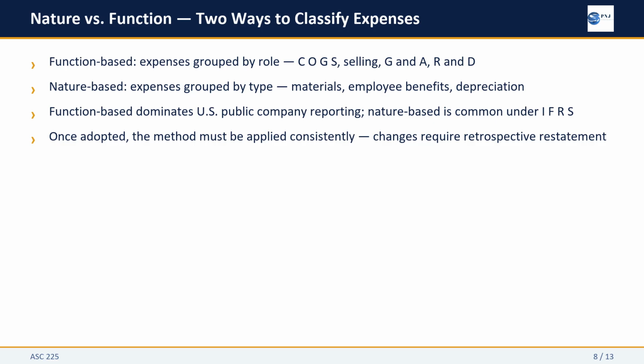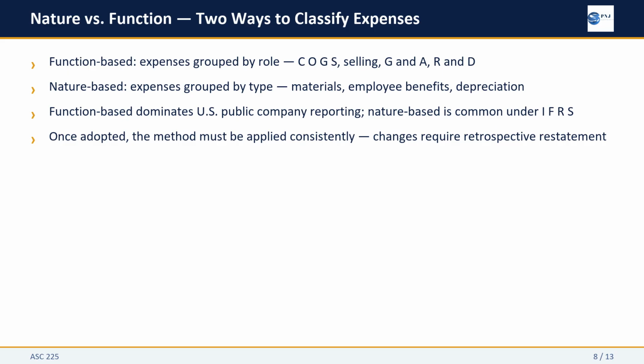Nature-based classification groups expenses by what they are: materials consumed, employee benefits paid, depreciation taken, and is far more common under IFRS. Whichever method an entity adopts, it must apply it consistently. Any proposed change requires retrospective restatement of prior periods and full disclosure, and must be escalated to your manager before